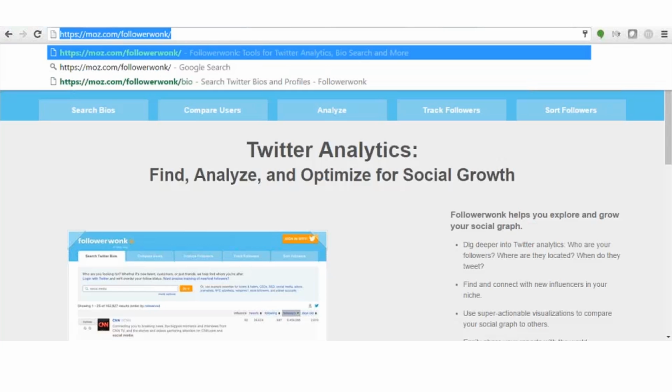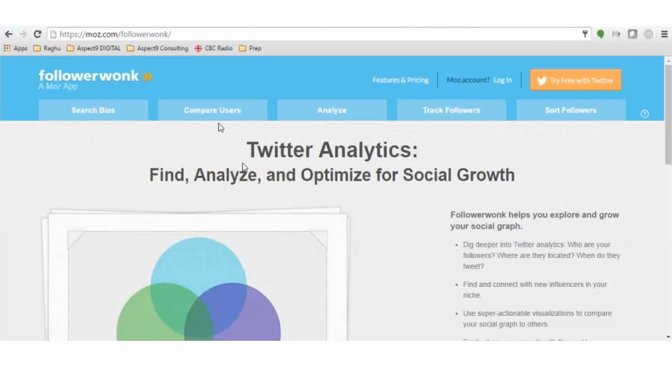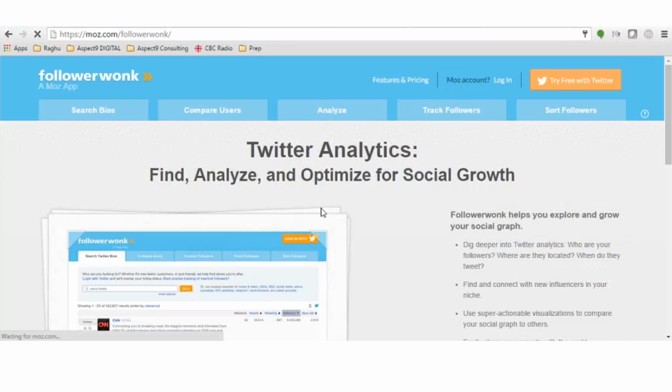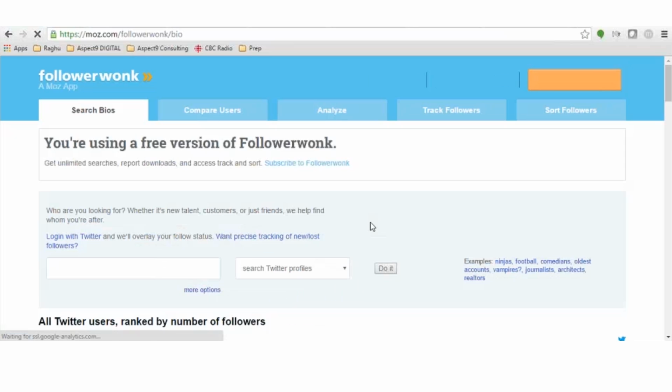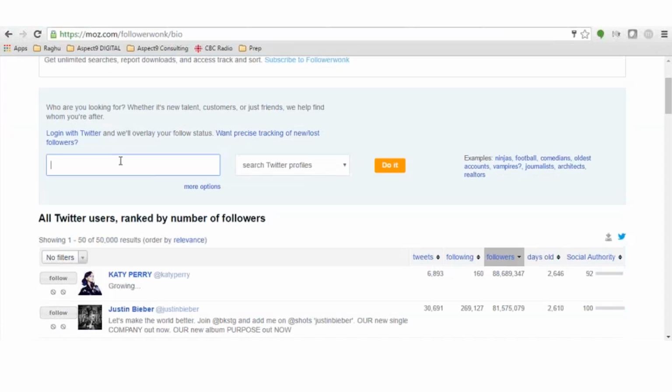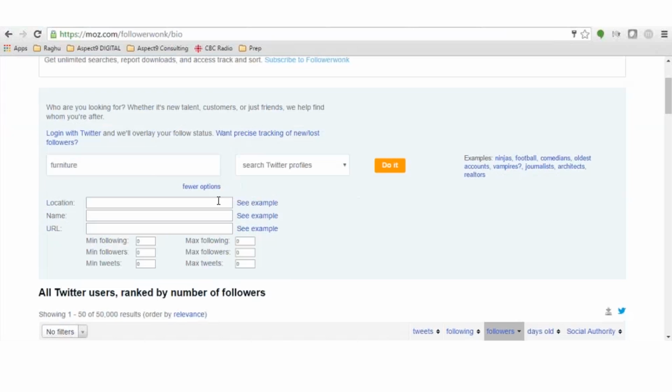As you can see, this is really what the tool is. I can look at search bios. So search the profiles and bios of people, and then I want to say that I want to look at people who have the word furniture in their bio, but not only their Twitter profiles or bios. I want to look at more options. I want to specifically look for those people who are in Mumbai, okay, or any other city that you might want to propose. What other city you want to look at? Is Mumbai okay, or you want to look at some other geography? Okay, I'll go with that. And if I search,